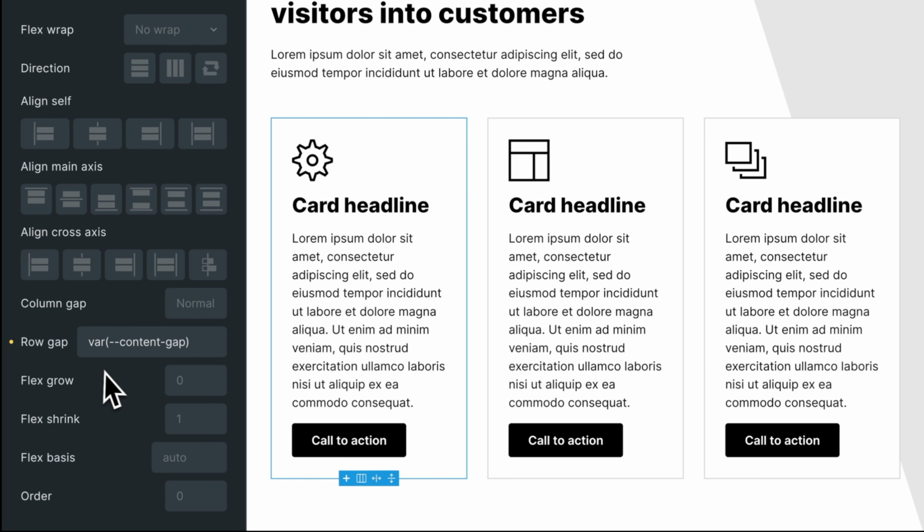Yep, so this template here is using the ACSS content gap contextual variable, which is great to see because, apart from Frames, which has the perfect integration with ACSS obviously, I do see other libraries using a space variable for content gap, but BricksMaven gets this kind of thing right.